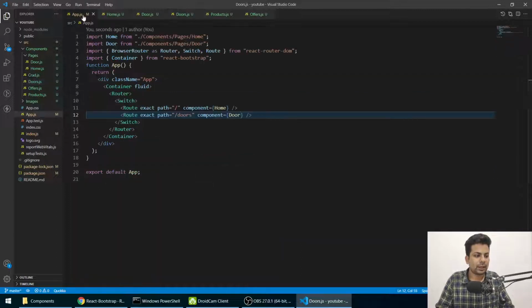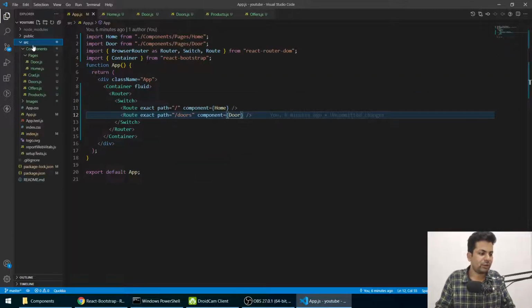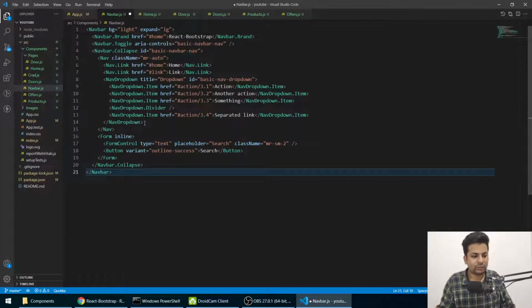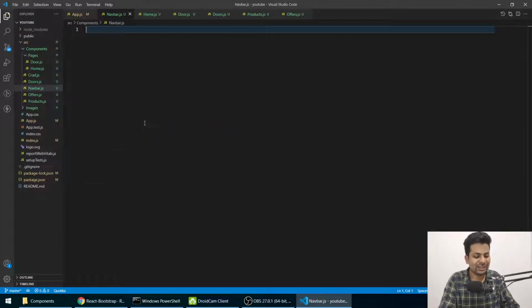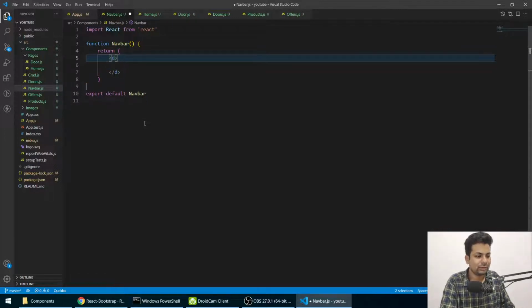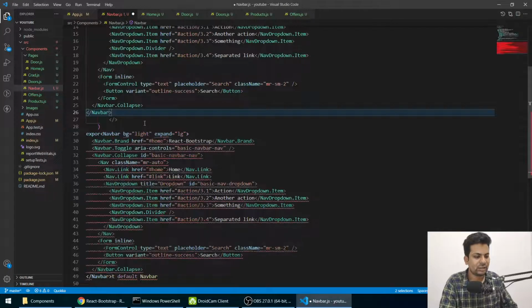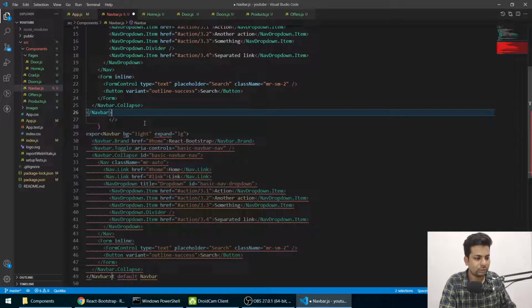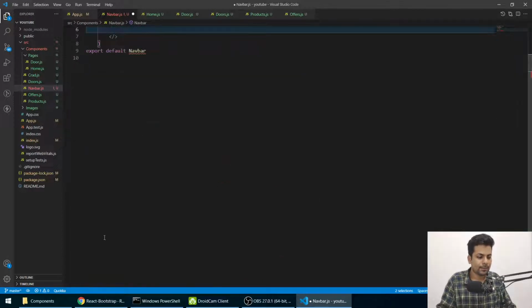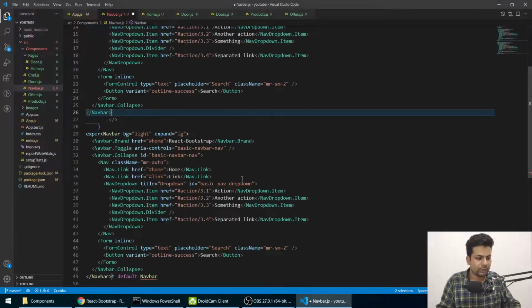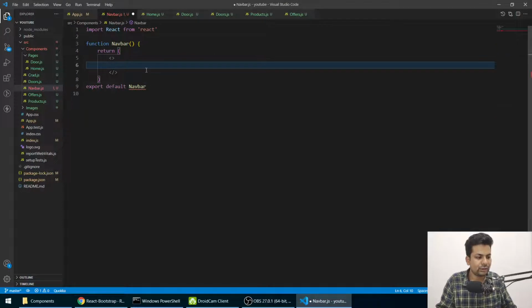Come into the components folder, not app. Firstly make a component. In the component, make a new file, we'll say navbar.js. Just paste it, nothing else you have to do. Oh sorry, you have to make an RFC, yeah, navbar. Now just paste it here. Why did it get pasted two times? I don't know. Let me copy it again and paste it. Okay, the arrows are two types, yeah.